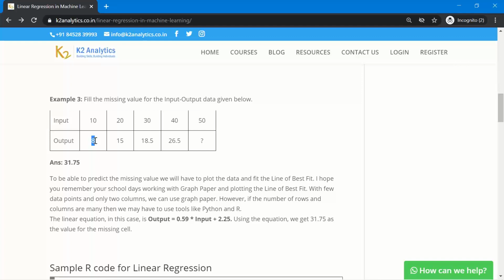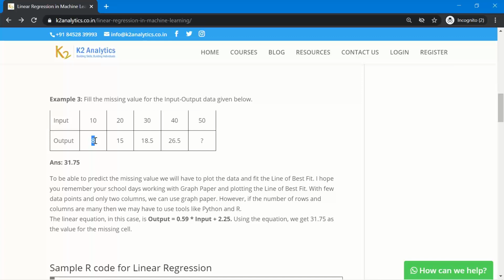And then you would have tried to fit a line which goes very closely through most of these known data points. And where you have 50 on the x-axis, you would see where that line of best fit meets the y-axis, and then you would have taken that value for y.